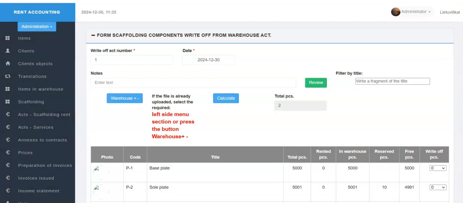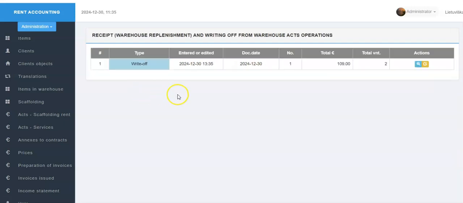By opening the list of receipts and write-offs via the Warehouse plus/minus button, we will see that this list already contains the main data of the just formed write-off.